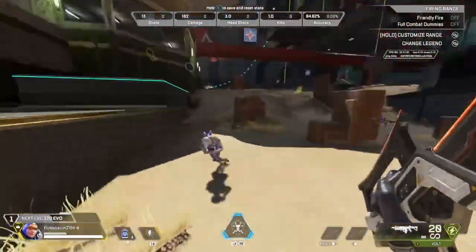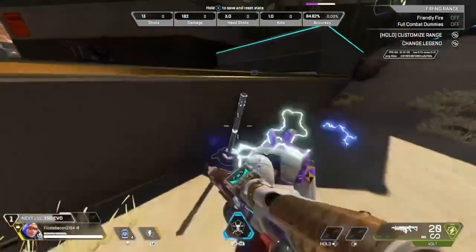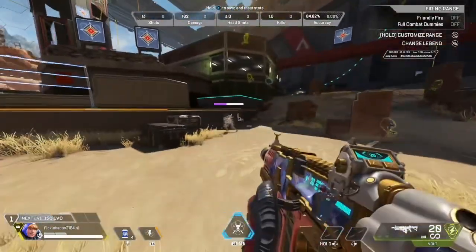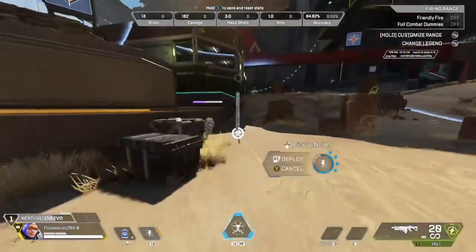So unless you're a pred level Wattson player, and you have really good movement, and you can fence him mid-fight like that, don't go for a mid-fight fence, because more than likely,